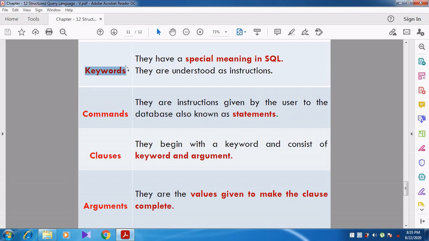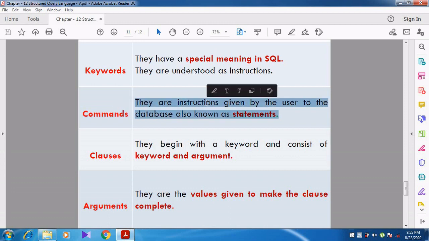So the first one is keyword. What is meant by keyword? Keywords have a special meaning in SQL. They are understood as instructions. Then what is meant by command? Commands are the instructions given by the user to the database, also known as statements. For example, create, insert, update. Whenever a particular command is given, that command gives the instruction to the database to do the particular task.